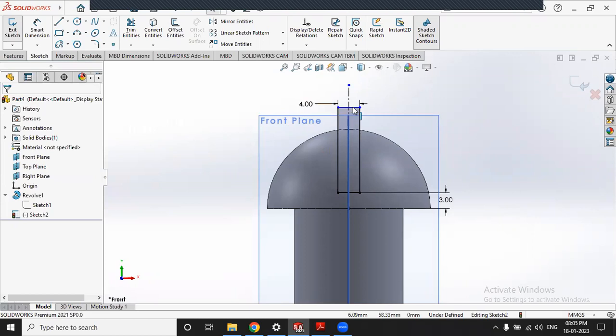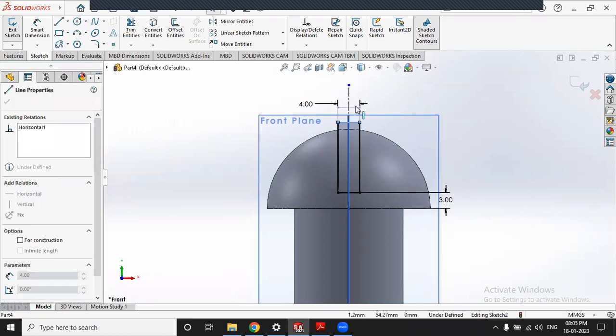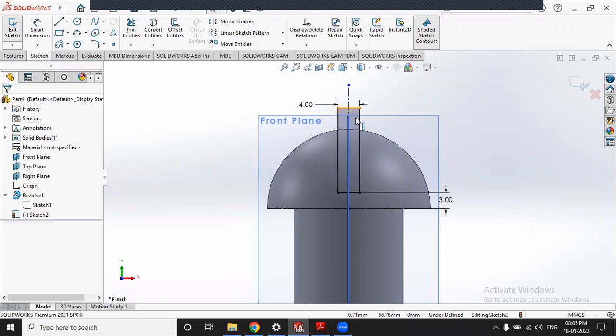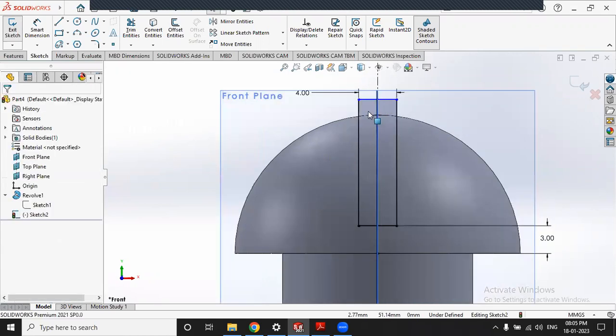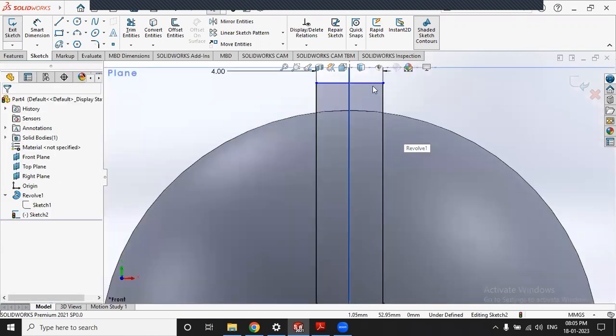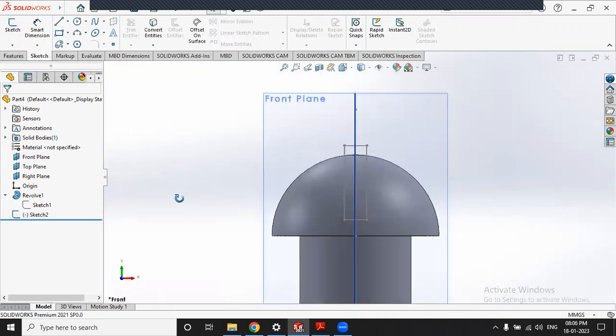Okay, so this line is not important. Why? Because we have to keep it maximum, sometimes up to this point or this point. The height is not important. What is important is that we keep a maximum line from this arc on the top side. Okay, so exit from sketch. If I rotate the object,